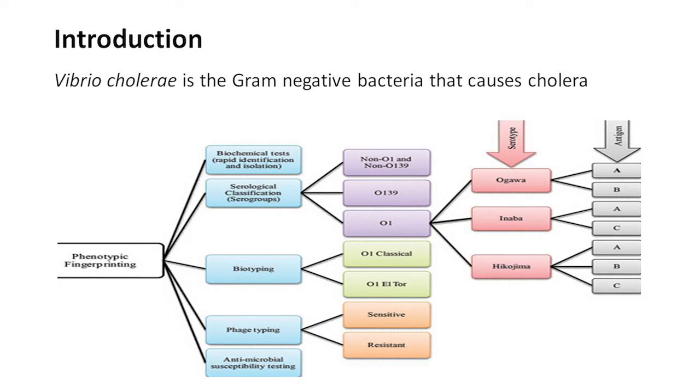By way of introduction, Vibrio cholerae is a gram-negative bacterium that causes severe and lethal human diarrheal disease called cholera. Vibrio cholerae can be classified according to phenotypic and genotypic fingerprinting. Phenotypically, it can be classified by biochemical test, serology, biotyping, and antimicrobial susceptibility testing. In serological tests, Vibrio cholerae are divided into 3 serogroups, that is O1, O139, and non-O1